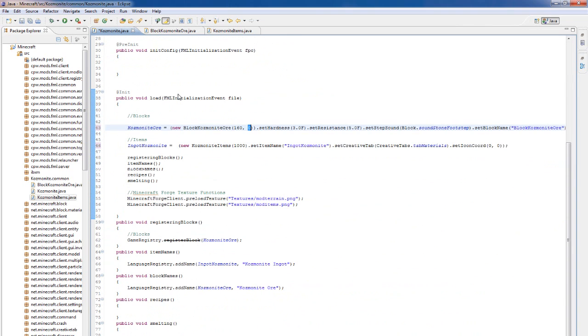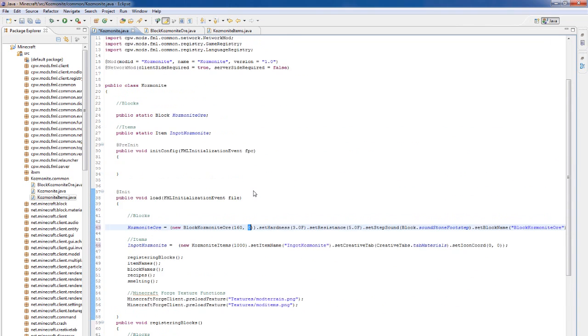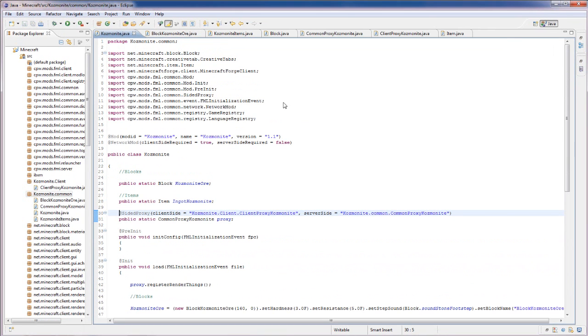So what we can do is, actually I'll just check myself for time here. Okay, what we're going to do now is add in our proxies. Underneath where you've declared your item, we're going to do @SidedProxy, and then inside your brackets, you're going to do clientSide equals, and in this case we're going to make a new package over here, and it's going to be called cosmonite.client, and then you write .ClientProxyCosmonite, all inside quotation marks, and then comma